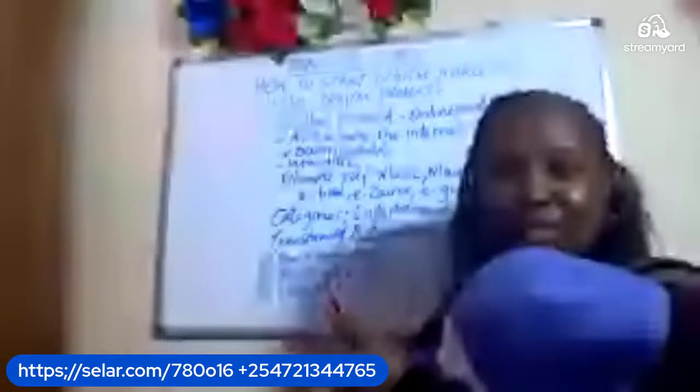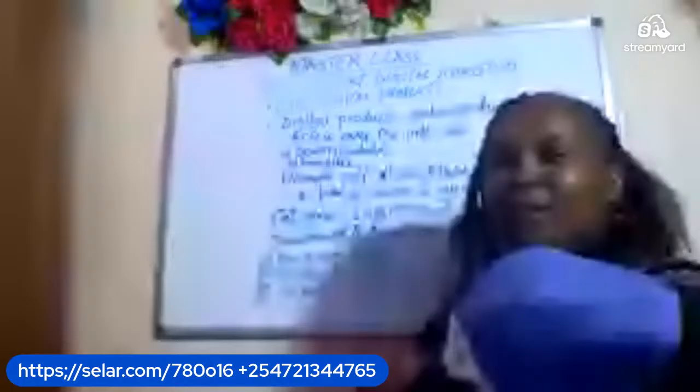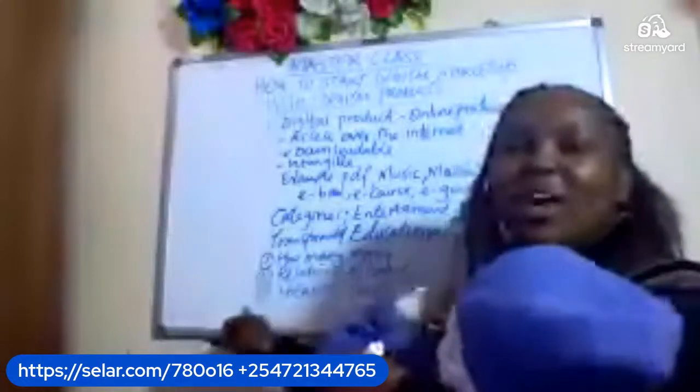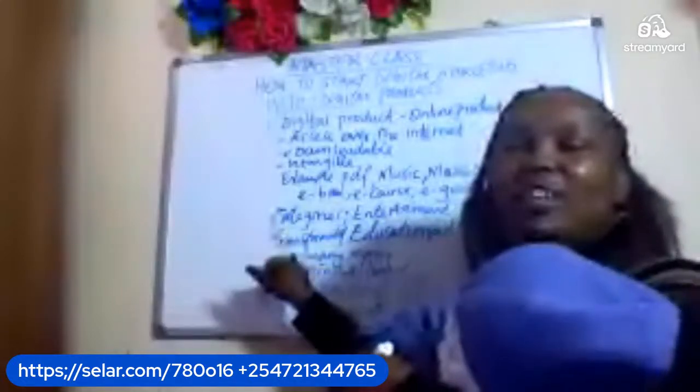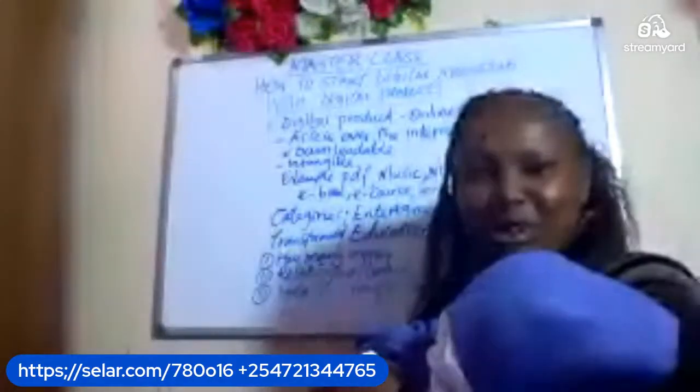Then the other one is on maybe health. I don't want to talk about dating because I'm not an expert in that, but at least with health, we have so many people obsessed with how to lose weight. So many people want to lose weight. So many people are searching for formulas. There are women who are maybe between the age of 40 and 50. They are having issues to do with perimenopause and others to do with post menopause. So all these people are into health. They are searching. So if you are one person who is able to provide a solution through a digital product, then you will have a niche or a topic or a theme that people are really searching. And when you offer the solution, definitely you are going to make money.